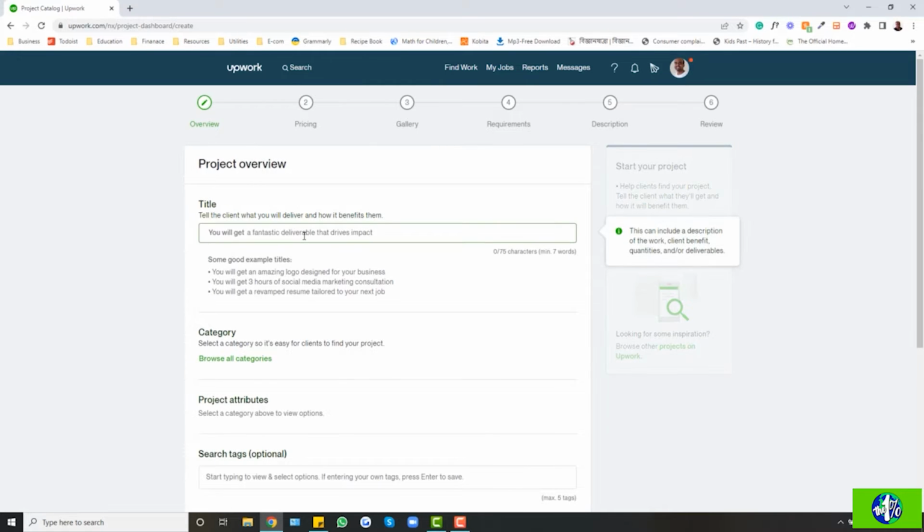Now click here and then you have to put a title. For example, if you are a graphic designer or a WordPress website designer, you have to write an exact title for this catalog. Whatever you are going to give the client, tell it clearly in your title. For example, you can write it like this. You will get a